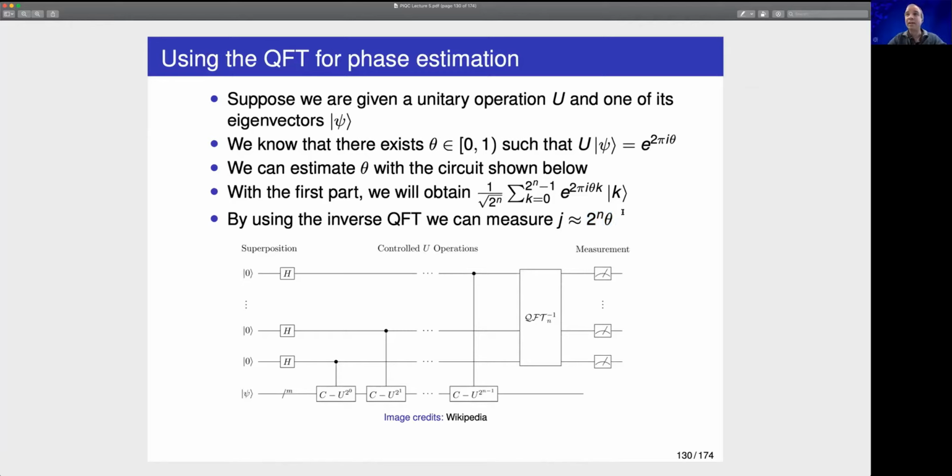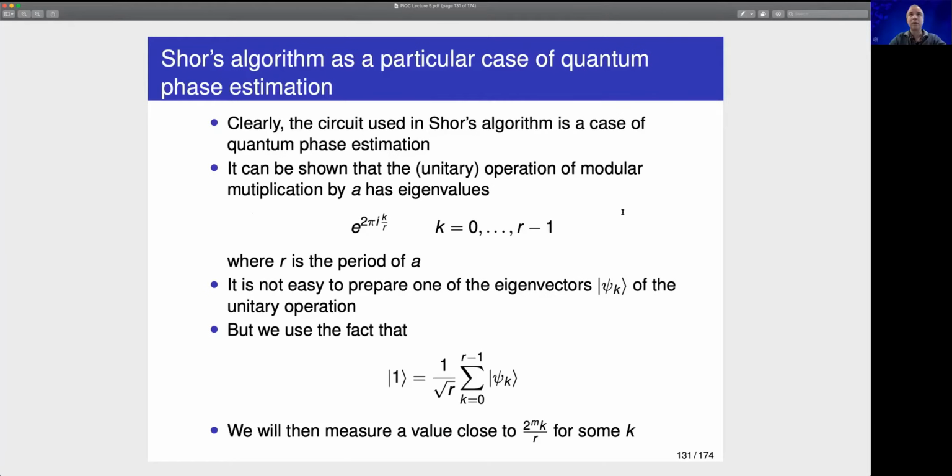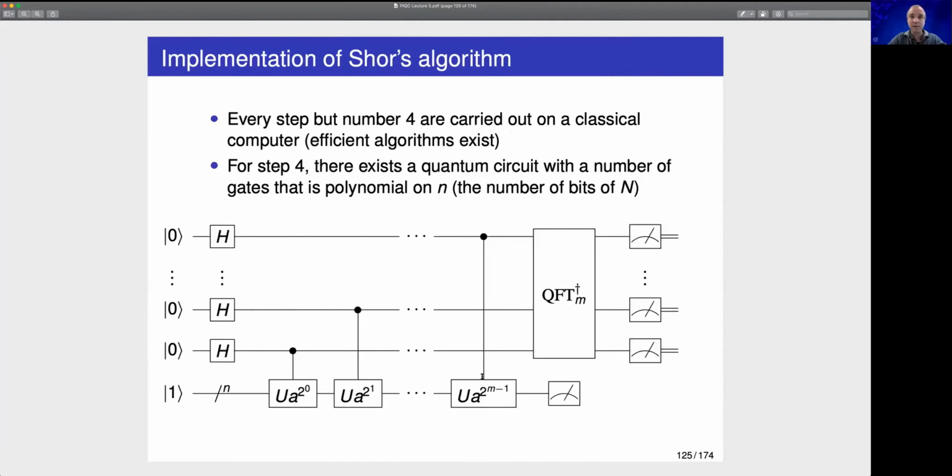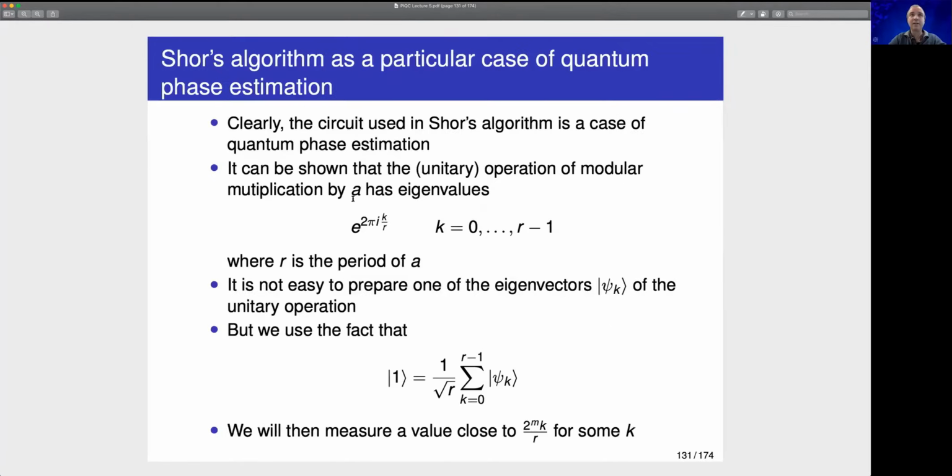And this is something that now we can use in order to obtain the period that we were looking for in the case of Shor's algorithm, because it can be shown, and this is something that you can find, for instance, in John Watrous's lectures, that the eigenvalues of the unitary operation that we are doing here, which is this modular exponentiation, are of this form, are exactly of this form,